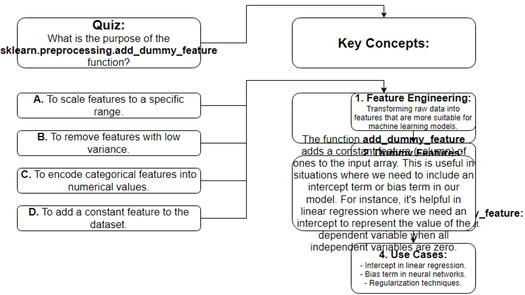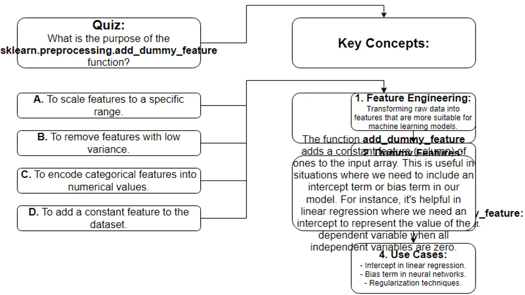To remove features with low variance. False. Removing features with low variance is often done using sklearn.feature_selection.VarianceThreshold, not sklearn.preprocessing.add_dummy_feature. To encode categorical features into numerical values. False. Encoding categorical features into numerical values is handled by techniques like one-hot encoding or label encoding, not